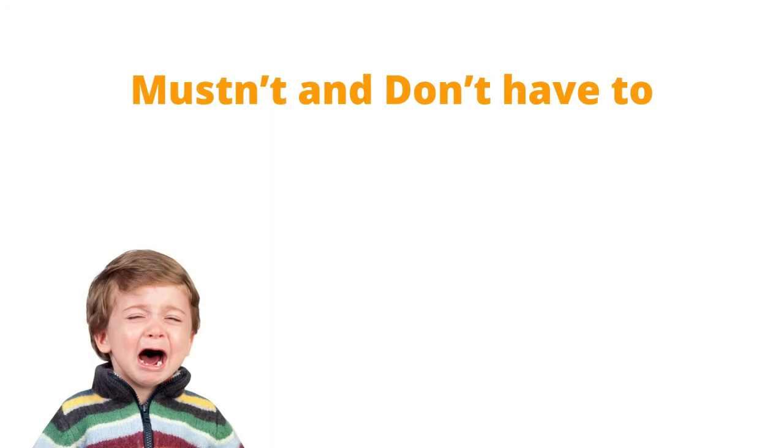Now, let's talk about mustn't and don't have to. So we looked at must and have to. Now we need to look at these negative forms. The first thing to notice is must not, often seen contracted to mustn't. We don't always pronounce the middle T there, mustn't. And it's a very strange spelling, which a lot of people make a mistake with, but it's